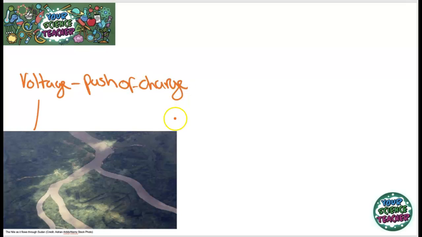And the first thing I'm going to do with electricity is use a model to explain electricity, because I think electricity is quite a hard concept to grasp. So the way I like to view electricity is I like to view it like a river. And the reason why I like to do this is because I can then describe the key terms. For example, voltage is the push of charge around a circuit. And I like to think of the voltage in a river like the steepness of my river, the thing that is going to keep my water flowing.